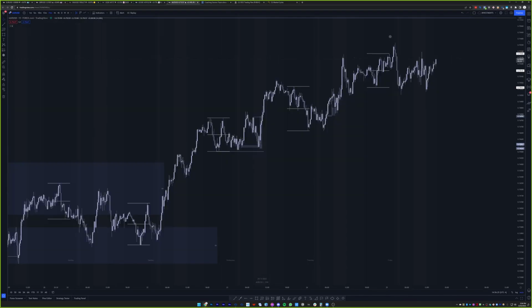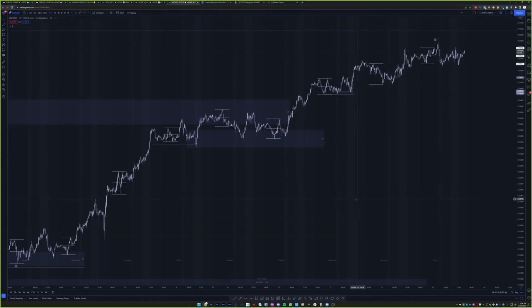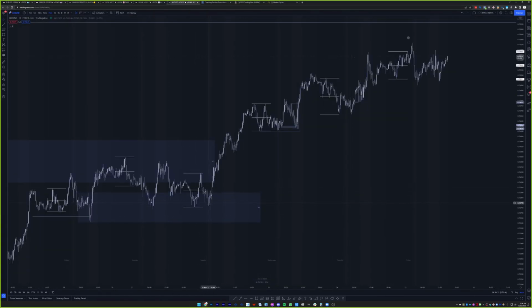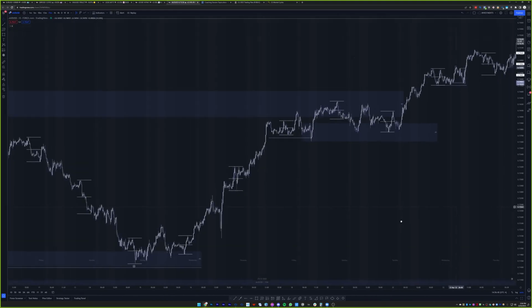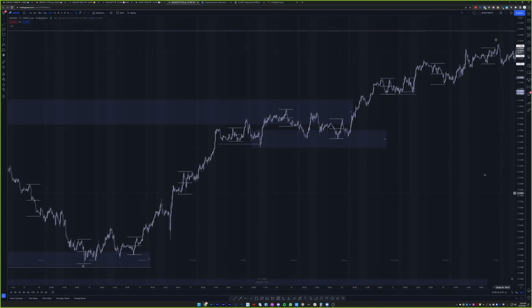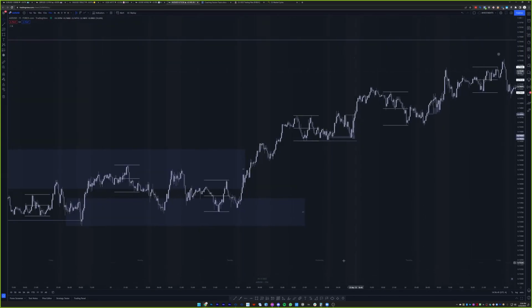So 15. I would take longs from there if they were still in. Oh yeah, look at London. It's like really, really clean. Same with New York on this day, right? Taps into this. So let's mark out that real quick. I think Aaron got the trade from there. Did he? I think so.